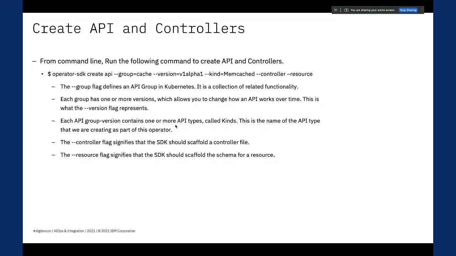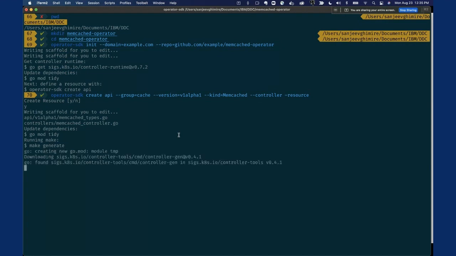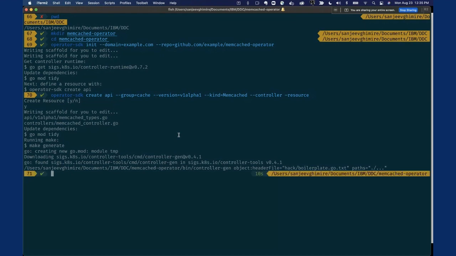The controller flag signifies that the SDK should scaffold a controller file where our main logic resides. And the resource flag signifies that the SDK should also scaffold the schema and other resources and configuration files. So let's run that command as well. So we're going to say yes here. So once it's completed,